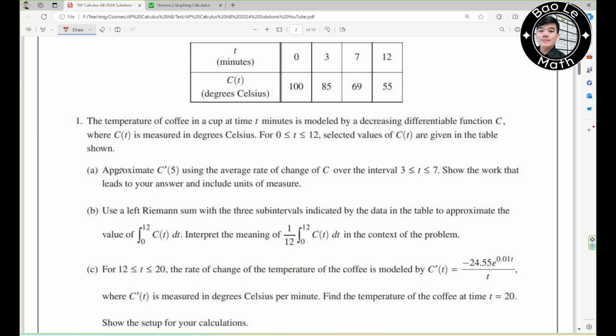Question number 1, A. Approximate C prime of 5 using the average rate of change of C over the interval [3, 7]. Show the work that leads to your answer and include units of measure. Right. So